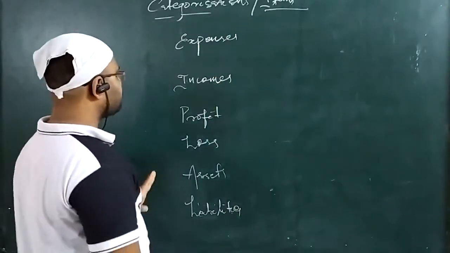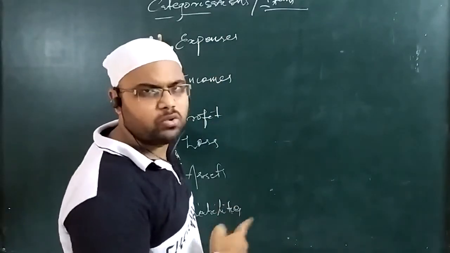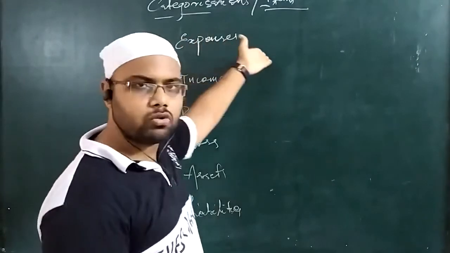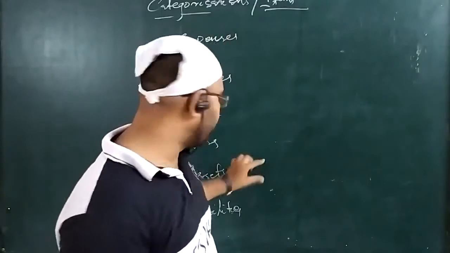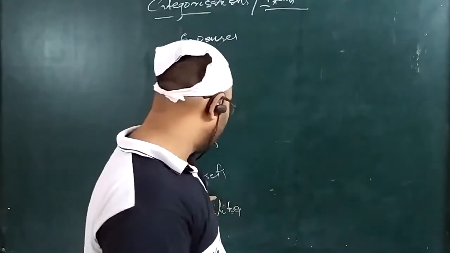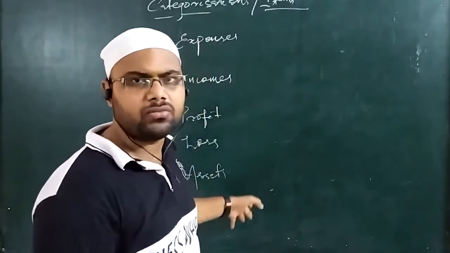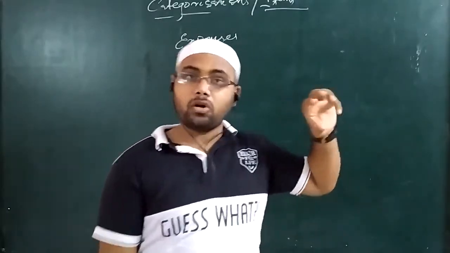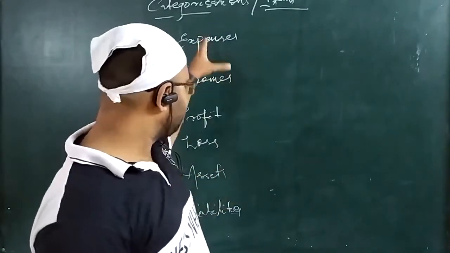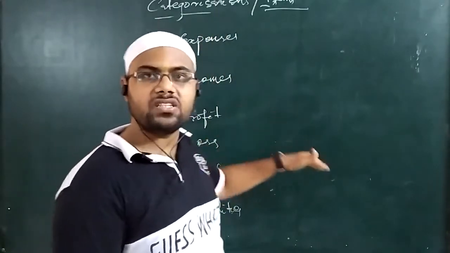Now I will not tell what balance is, you know very well: expenses show debit balance, income shows credit balance, profit shows credit balance, loss shows debit balance, assets show debit balance, liabilities show credit balance. You know all these things well. We have studied the traditional rule or modern rule of accounting. I am not telling you the rules now. Remember, these are the only 6 categorizations that exist in the business organization.